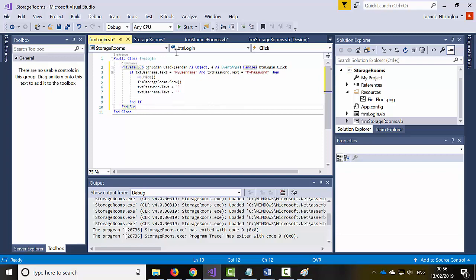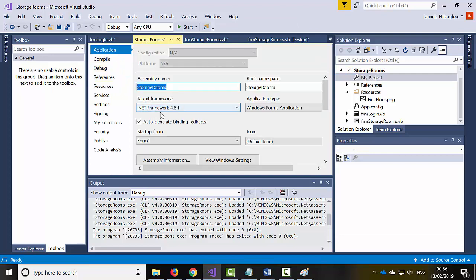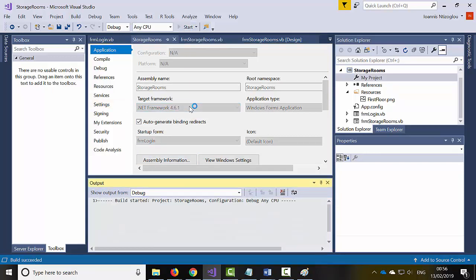Okay, so the next thing I need to do is go to my project, go to application, and make sure that the very first form that loads is the login form. As you can see here, I don't want the storage form to load, I want the login form to load. Okay, I'm gonna click start,